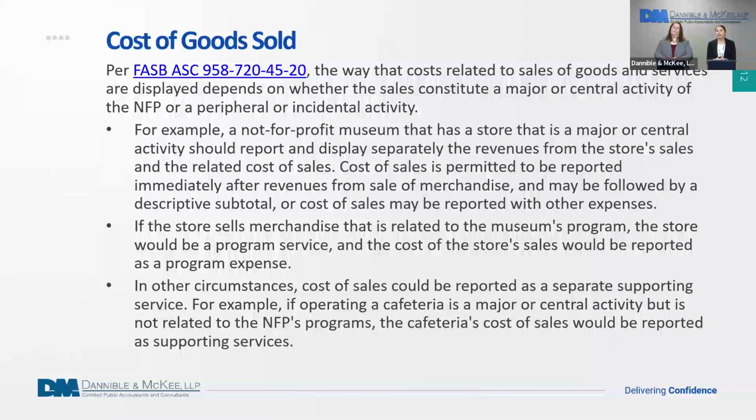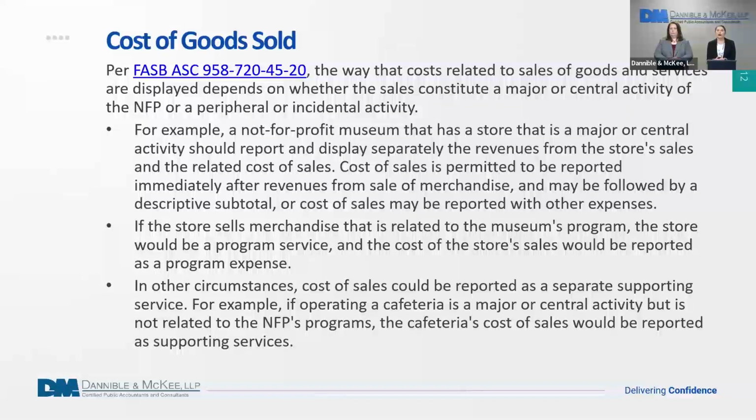For example, a nonprofit museum that has a store that is a major or central activity should report and display separately the revenues from the store sales and the related cost of sales. Cost of sales is permitted to be reported immediately after revenue from sale of merchandise and may be followed by a descriptive subtotal, or cost of sales may be reported with other expenses. As I go through these ifs, I am going to have a few slides to show you some examples